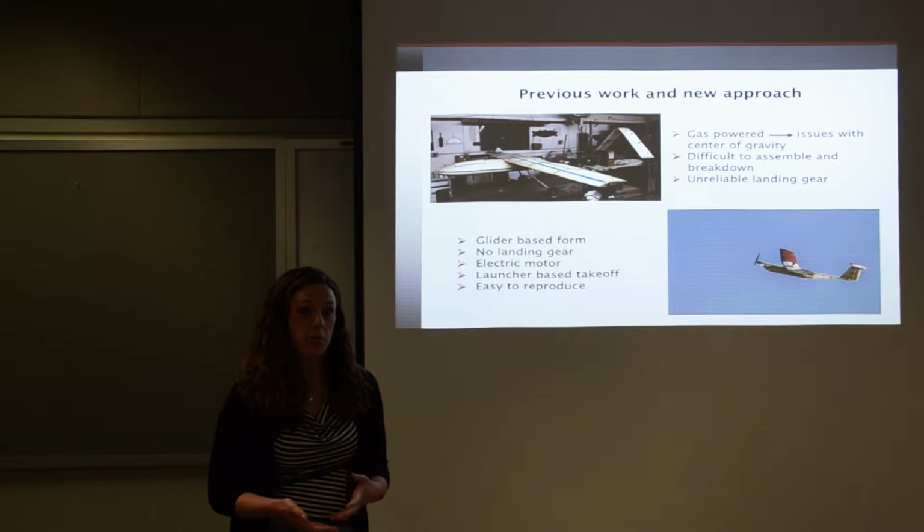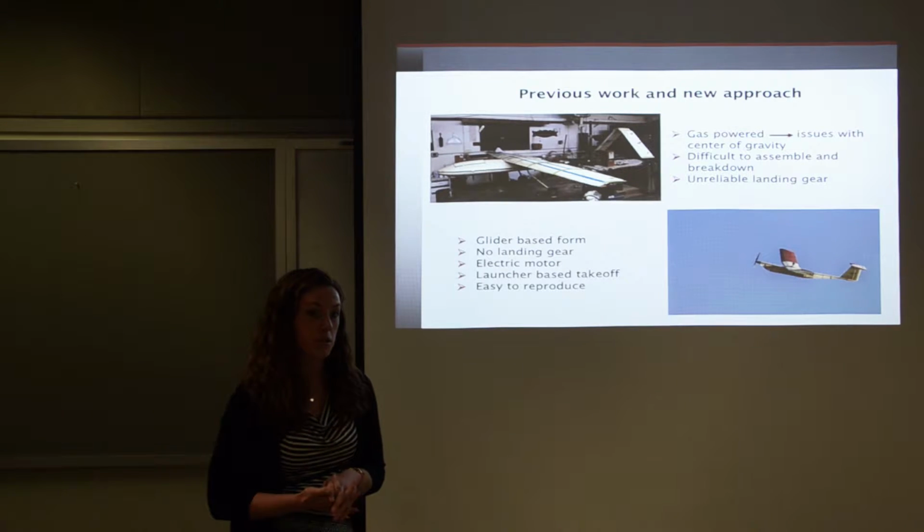So this project has actually been worked on for two previous semesters. The top left, you can see the plane that we were presented with at the beginning of the semester. Unfortunately, just due to some flaws, we ended up scrapping that plane. The center of gravity was a little off. The gas power introduced some difficulties. It was also difficult to assemble and break down, so transportation issues, and then also just putting everything back together again up in Zimbabwe. And then also it had unreliable landing gear,